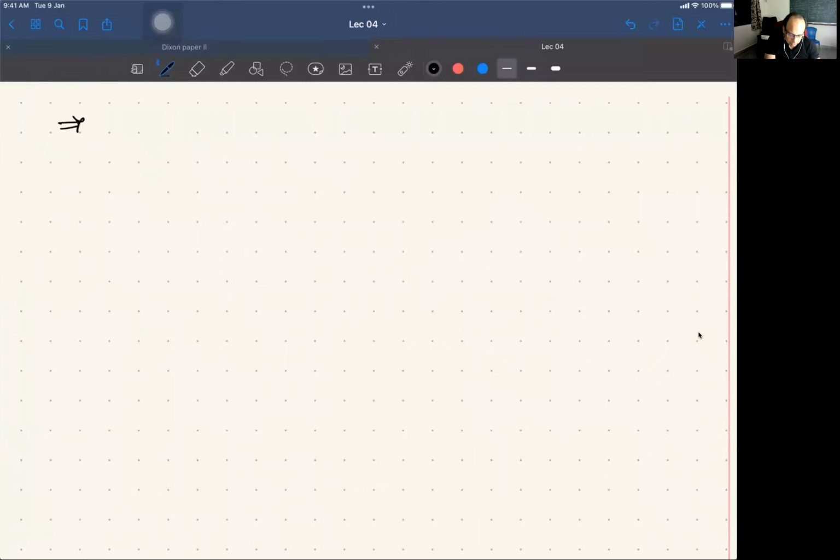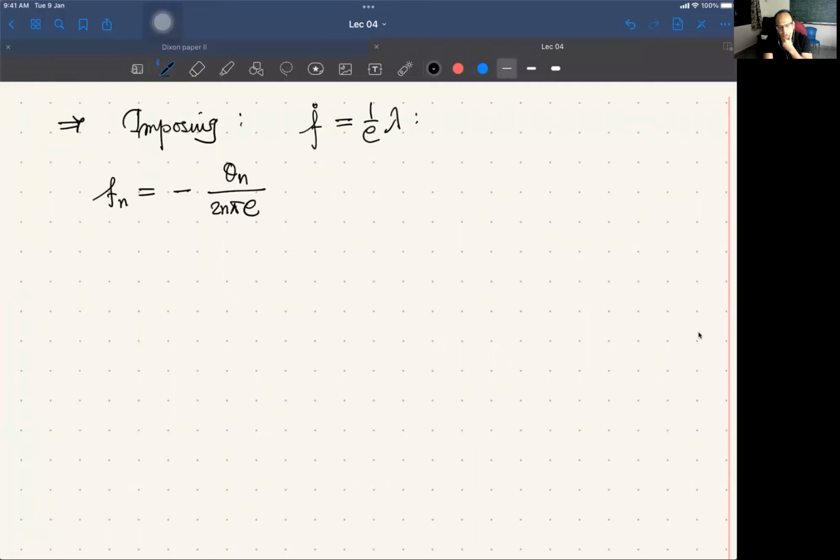Therefore, imposing f dot is equal to 1 over e lambda would mean that fn is equal to minus theta n divided by twice n pi e. So theta n is a Fourier coefficient of lambda. fn, we are finding from it, and gn equals lambda n over 2 n pi times e,